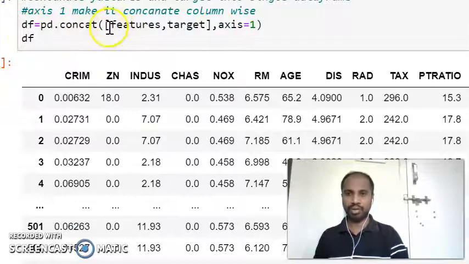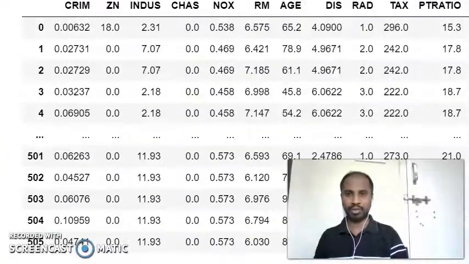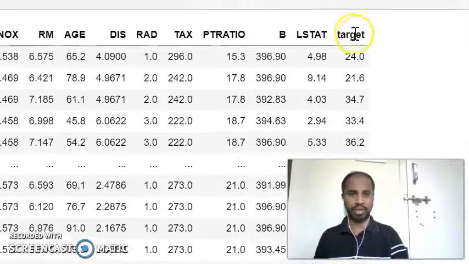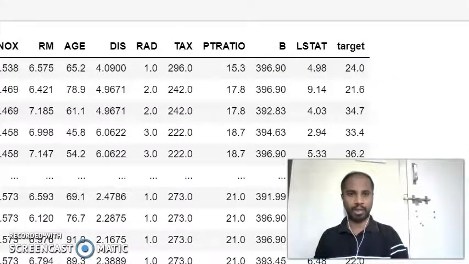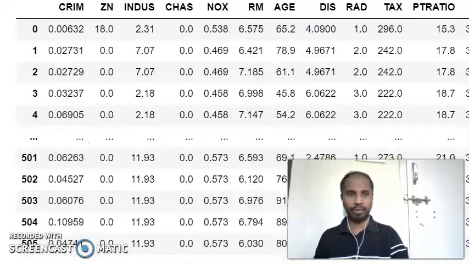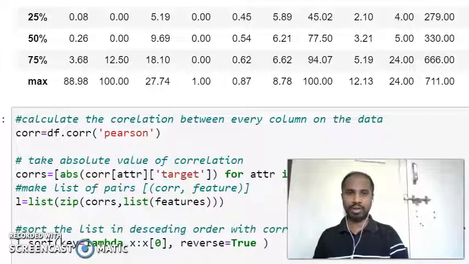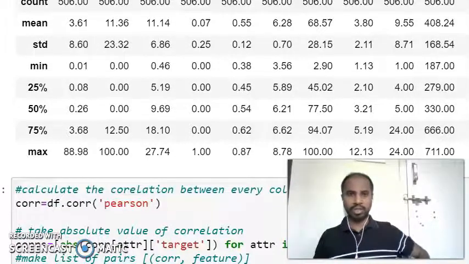Here we are concatenating the features with the target value, and I will print it. You can see the features are concatenated with the target values. Before predicting, we should know whether there is any relation between the target values and the attribute values.